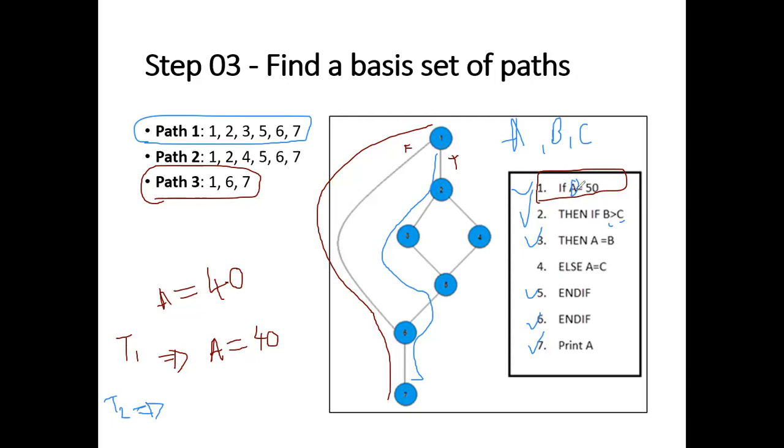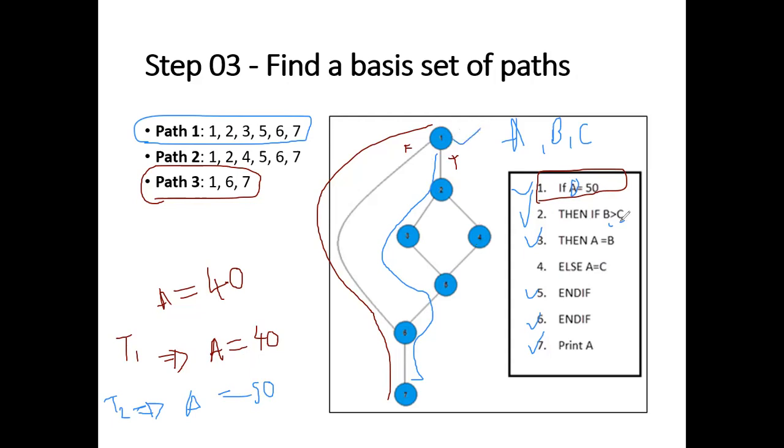So in order to go to the second statement from the first statement, this particular condition should be true. So in that case, I can take the value for A as 50 because the condition says A should be equal to 50 in order to become true. So then my A will be 50. Then I have now completed this one. This node I have passed.